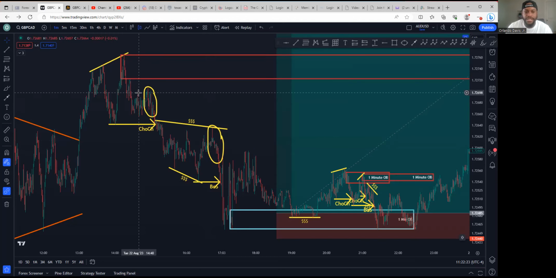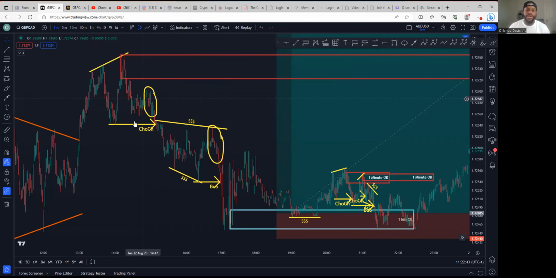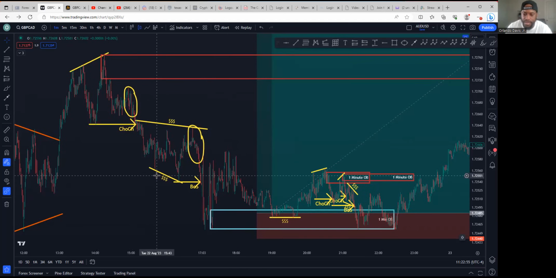So the thing about it is this: if you're in control of the bears, you're in control of the red candlesticks. After you change character, what you would do is come out and balance out and put this other leg down before you do what? Create a new low. You're not going to sit up here and have double staggered imbalances. Okay. So now we know that you're looking for that bullish reversal off the 1 minute time frame. Because price did what? Diverged, changed character, consolidated, and then broke structure. We know we're looking for a bullish reversal.